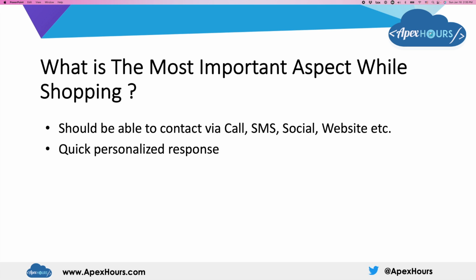And the quick personalized response. For example, if I'm shopping for a car, a loan, or let's say a mortgage, the options are not limited. If someone is not replying to me immediately, there are so many options, there are competitors, there are always good deals, I would really jump on someone else, especially in the mortgage and insurance industry. So customers really have to be proactive in terms of this SLA, how quickly they can reach out to the customer. And the most important out of these three is the third one, data privacy, security, and the